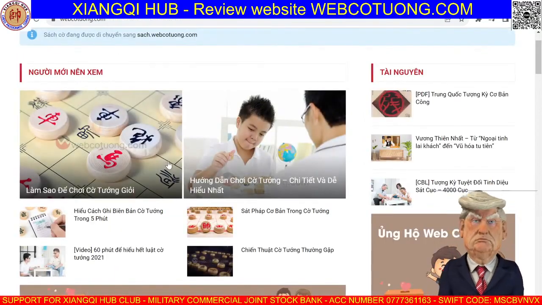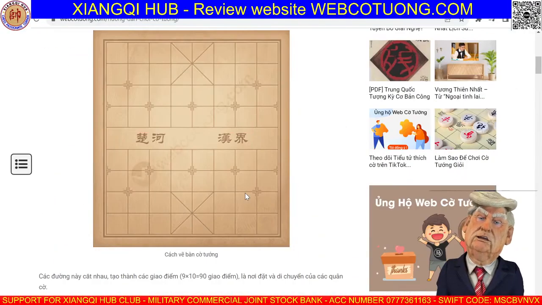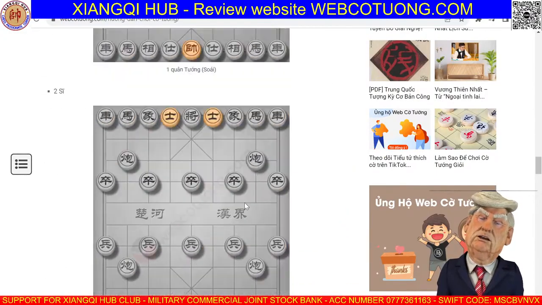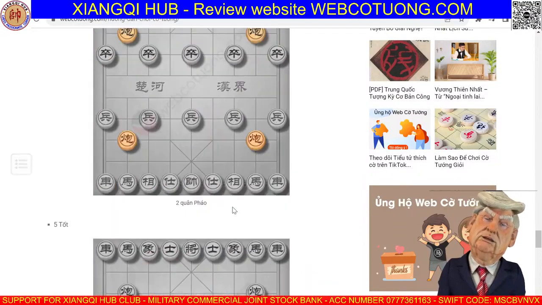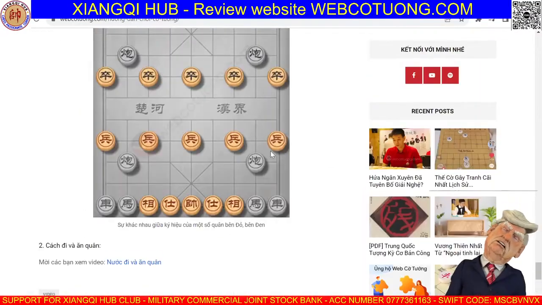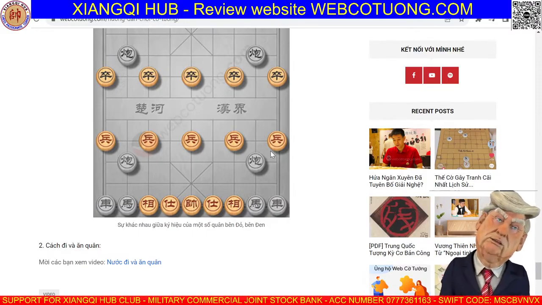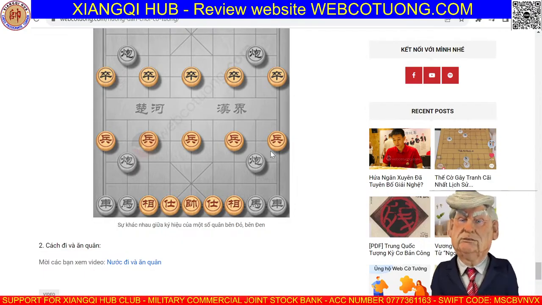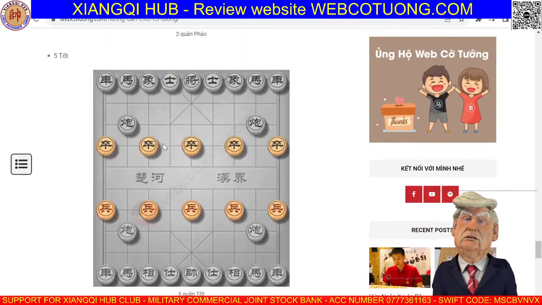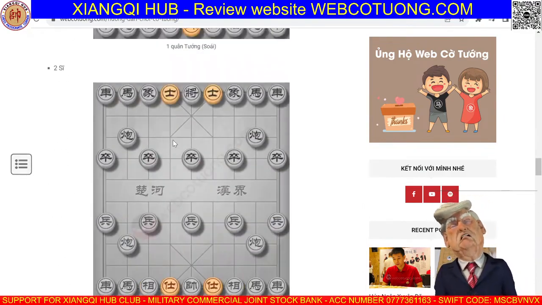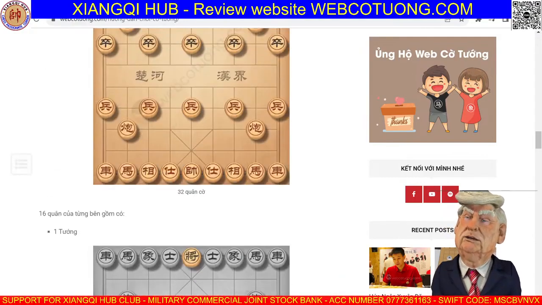All right, we come back, and we have an instruction of how to play Giant in here. Wow, very nice pictures and very nice explanation about how to play Giant, which is very good. The author has spent a lot of time doing this. You can see they do very good pictures and very good explanations. However, it's in Vietnamese actually.